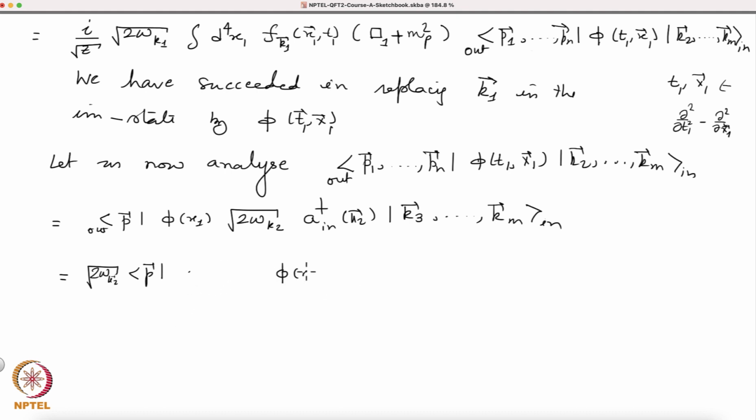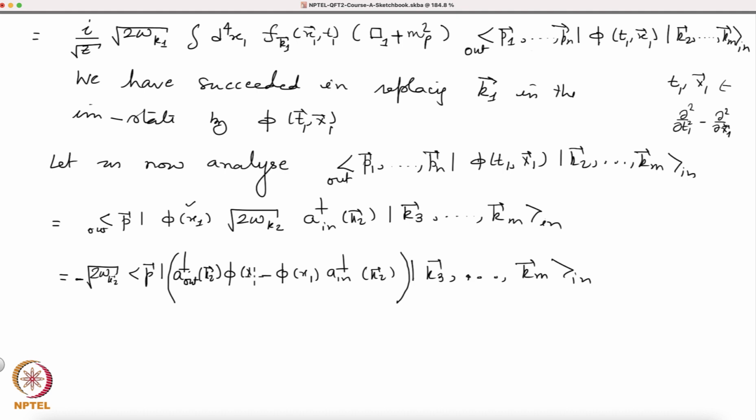Just like before, I have phi x1 from here. Then you have a in dagger k2, this one, and this is k3 through km in. I want to put a minus sign, and to take care of that minus sign, I have a minus sign here. So this is right now the same as the previous equation. But I will insert another term, which is a out dagger k2